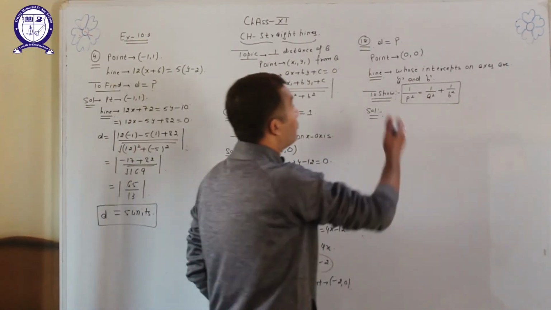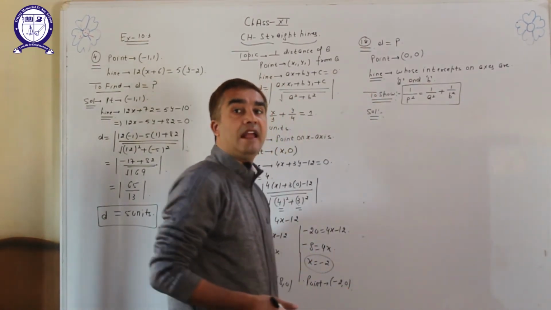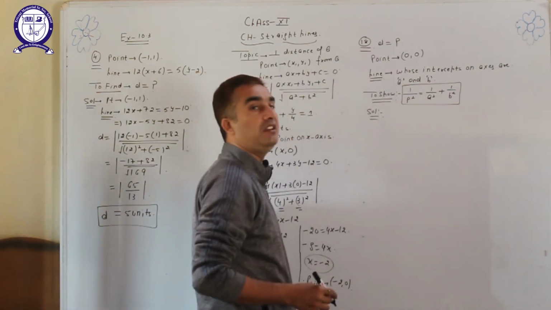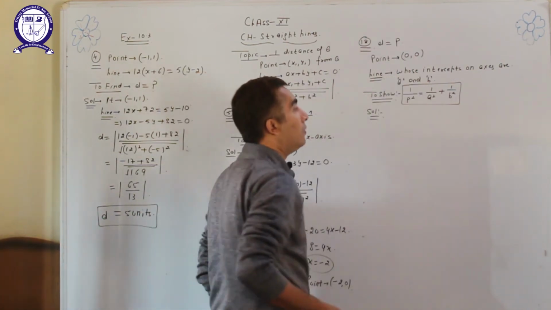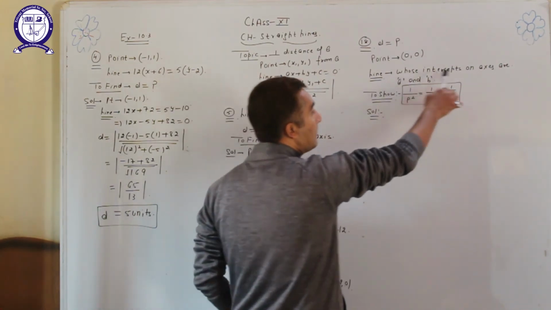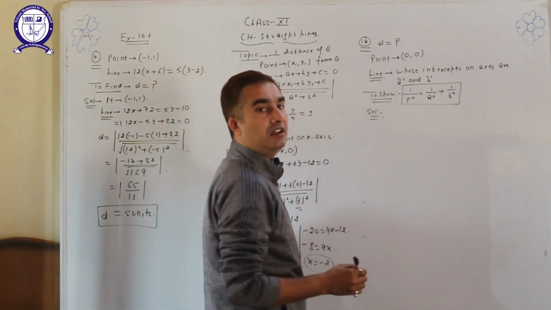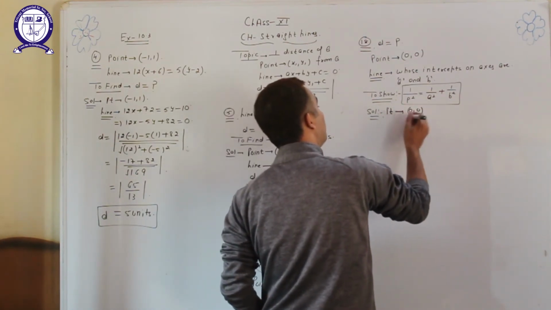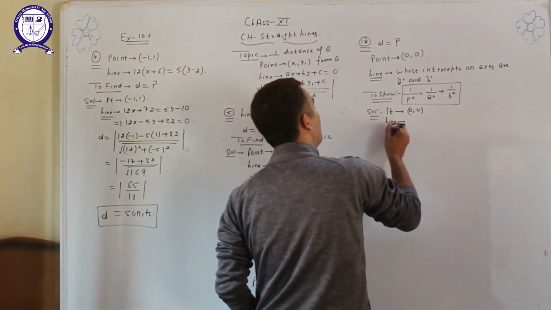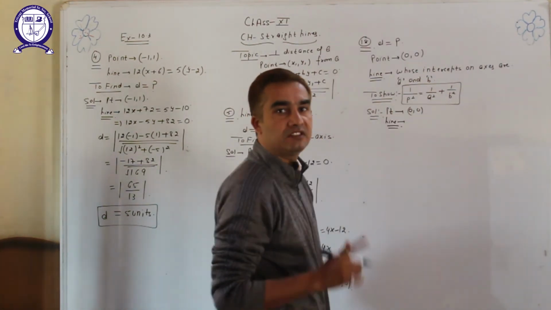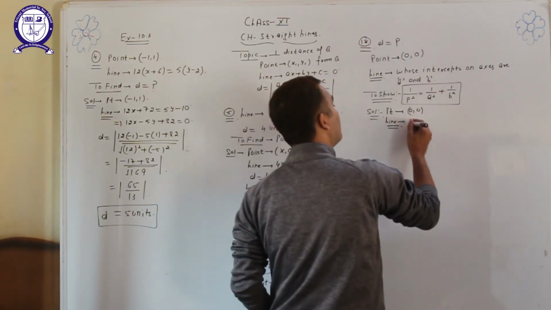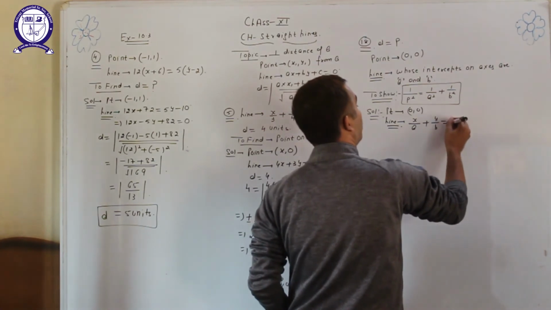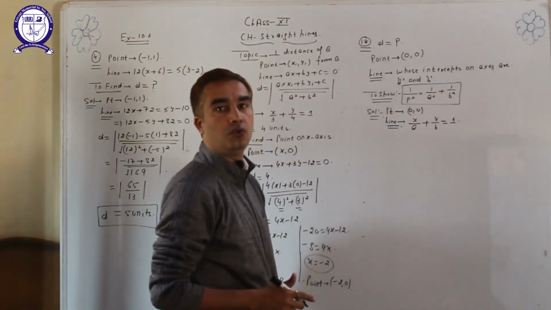Here question number 18 is there. P is the length of perpendicular from the origin. That means D is given to you, that is P, point from the origin 0 comma 0 and the line whose intercepts on the axis are A and B. We have available point, that is 0 comma 0, equation of line whose intercepts are available to us. That means question is asking about intercept form of a line. As we know, it is x by x intercept plus y by y intercept is equal to 1.